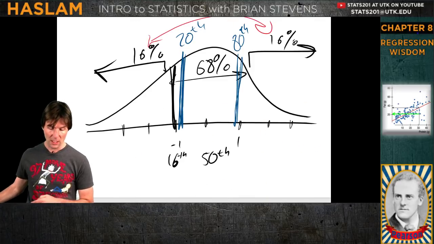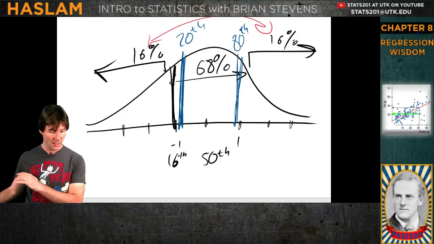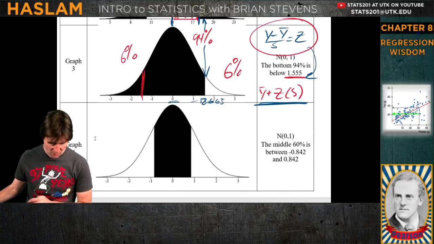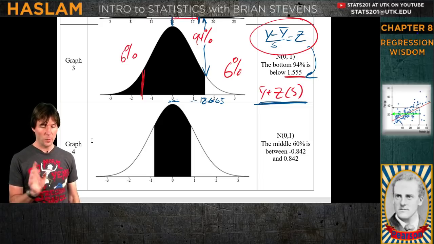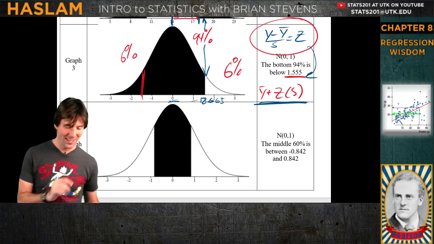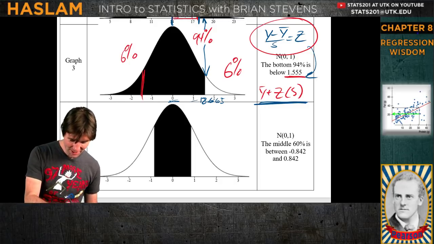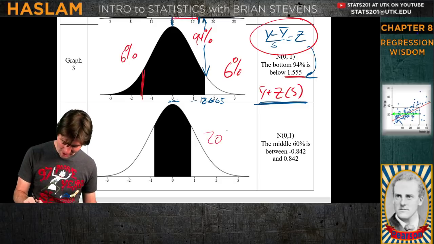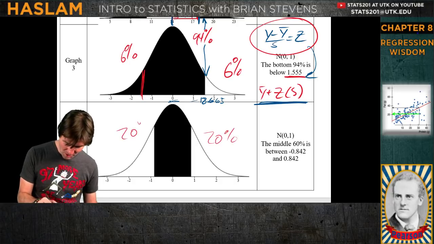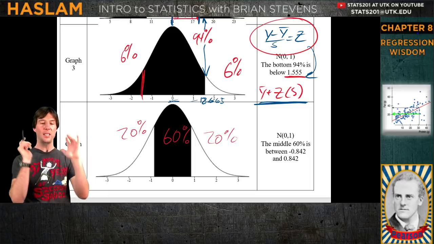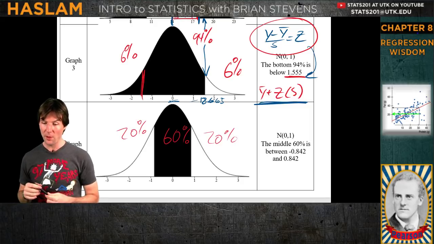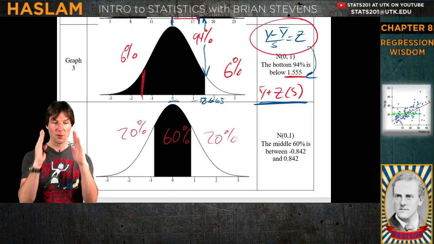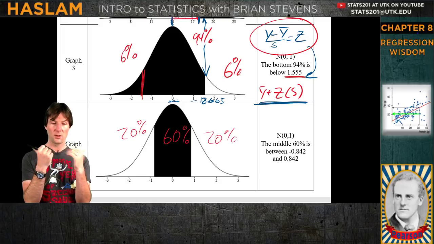If you look at this graphic right here, I'm a little bit before -1 and +1. And I saw a graphic just briefly. Look at that graphic. Wait a minute, you know what I could have done? I could have done it. We go right here and we put 20% right here, 20% here, and then we put 60% right here. How did I know that each of those white areas there are 20%? How in the world would I know that? Any ideas? If there's 60% on the inside, there's 20% on the outside.